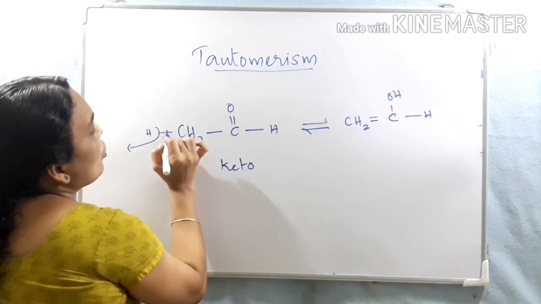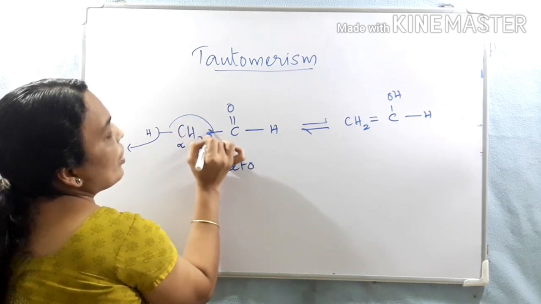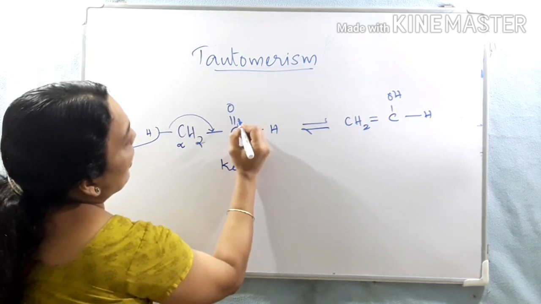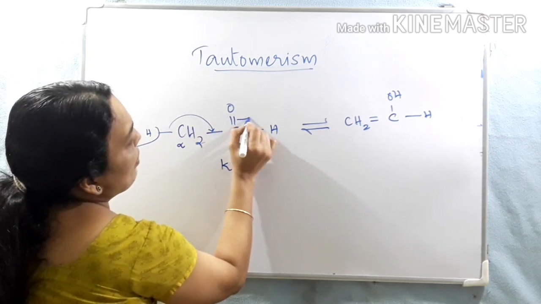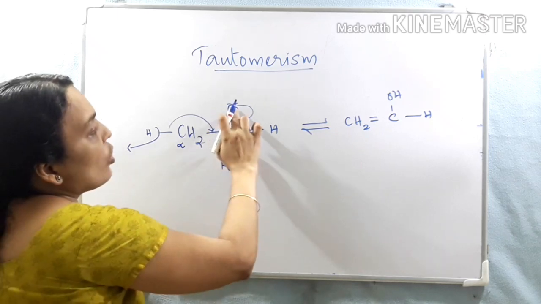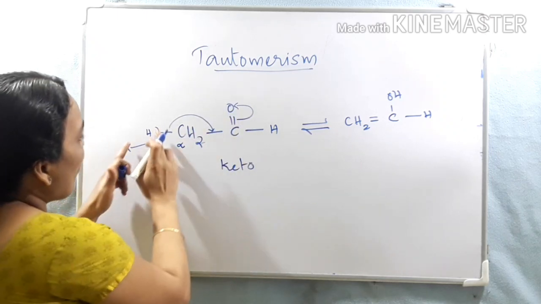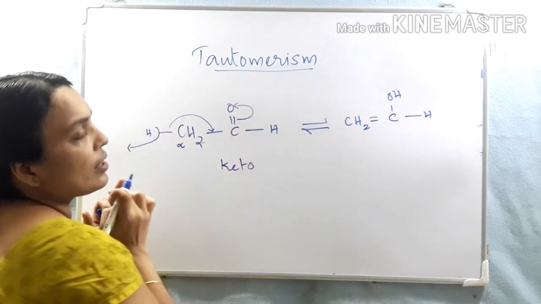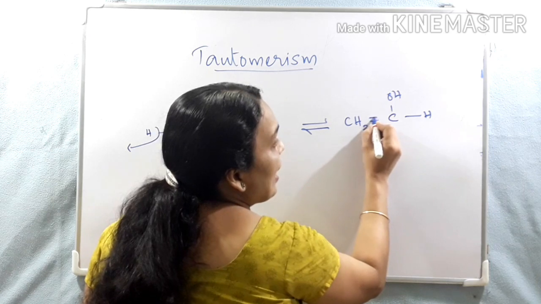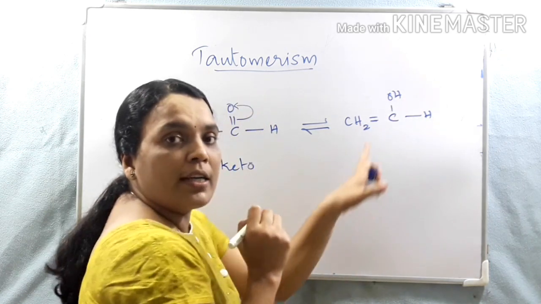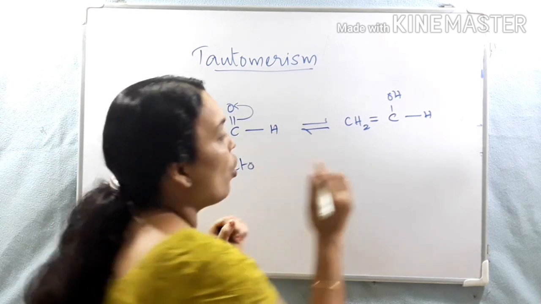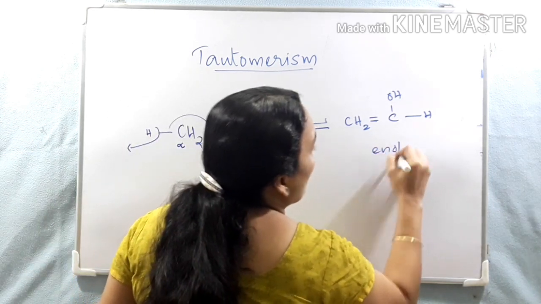So these electrons over here shift to here. Then this carbon gets a valency of 5, so this double bond will break and the electrons shift to here. So this oxygen will get a negative charge. The migrated hydrogen moves to this oxygen atom, forming OH. So look here, this is ene as well as ol. A double bond is there, and OH is there. That is why it is called enol. So this is an enol form.